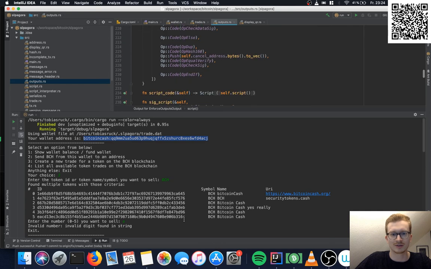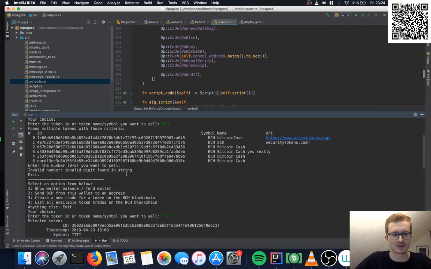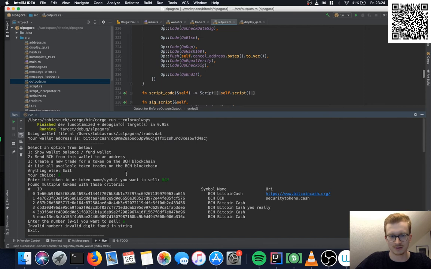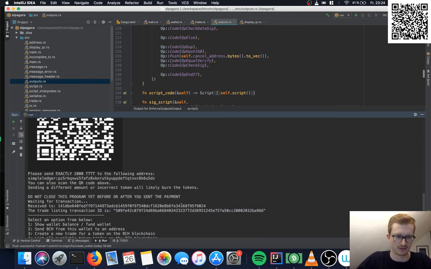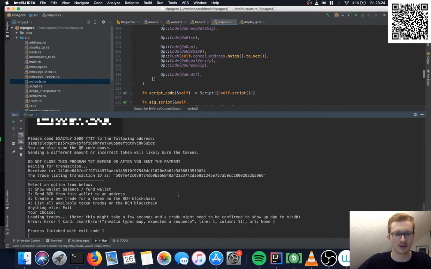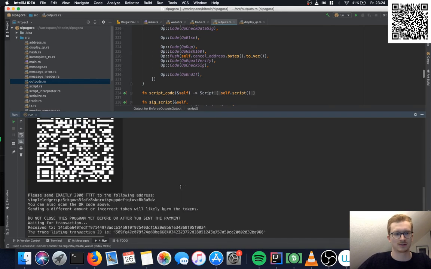Currently in the implementation I made, it's not possible to cancel trades, but that's not really a problem because you can just buy the tokens yourself, and then you keep the money because you send it to yourself, and you keep the tokens because you also send them to yourself. So it's not really that bad.